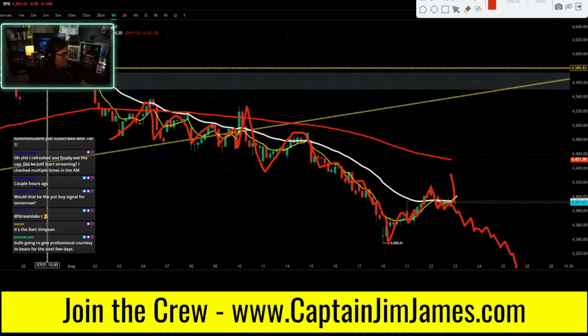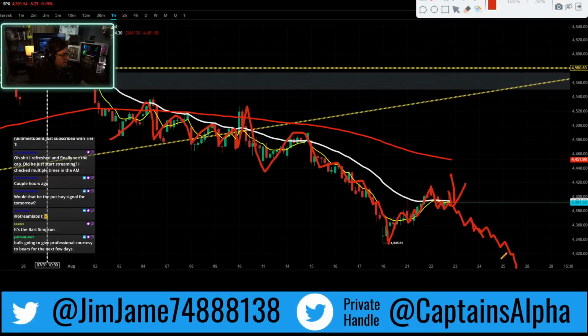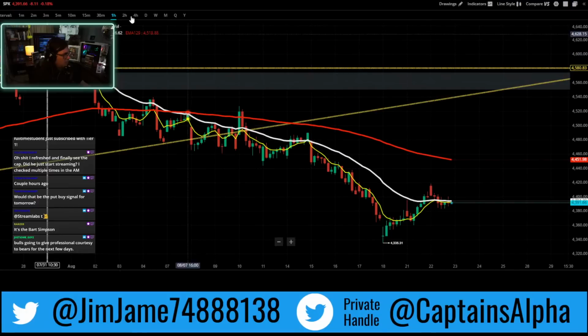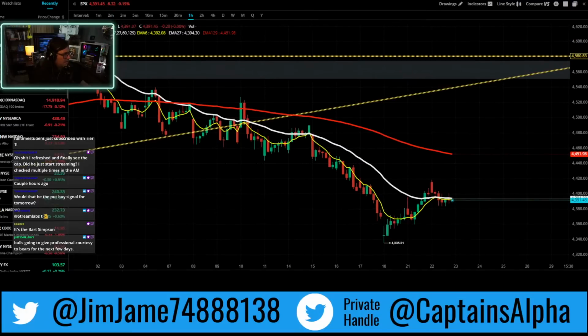So sellers stay in control here into this close, and they're going to try to sell this right back down into Friday and try to capture that weekly trigger. So looking at SPY,